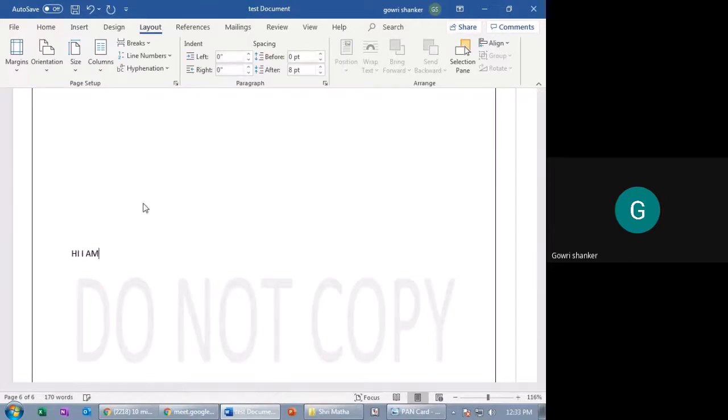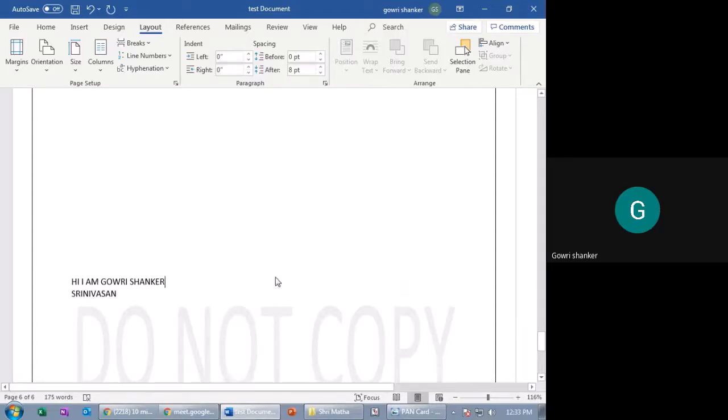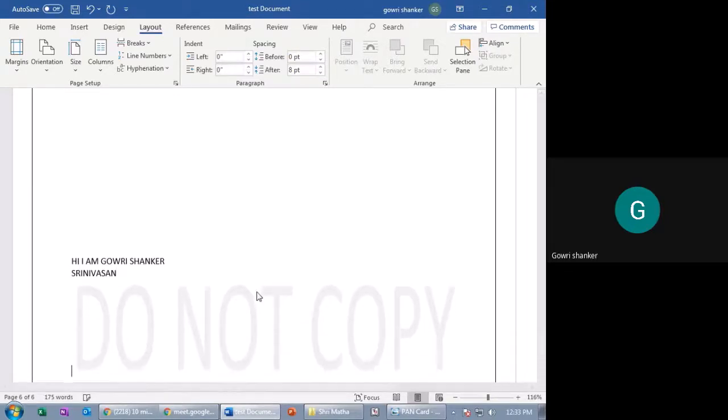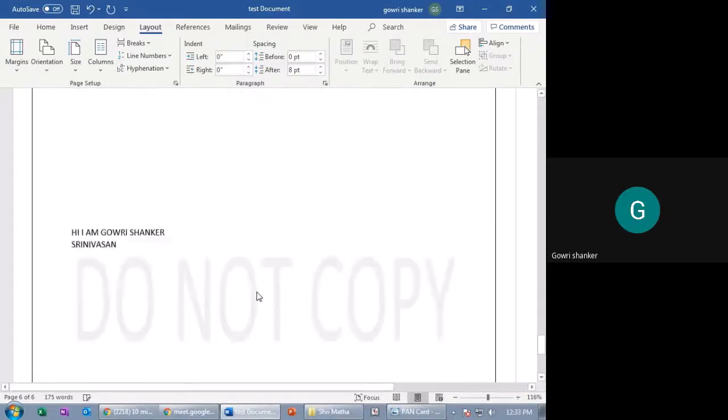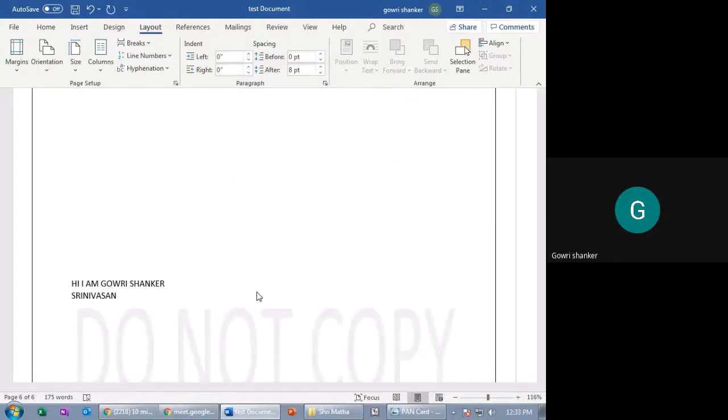I am Srini. Awesome. The moment I give space, it will come here under one column only. Now it has taken to the second column.